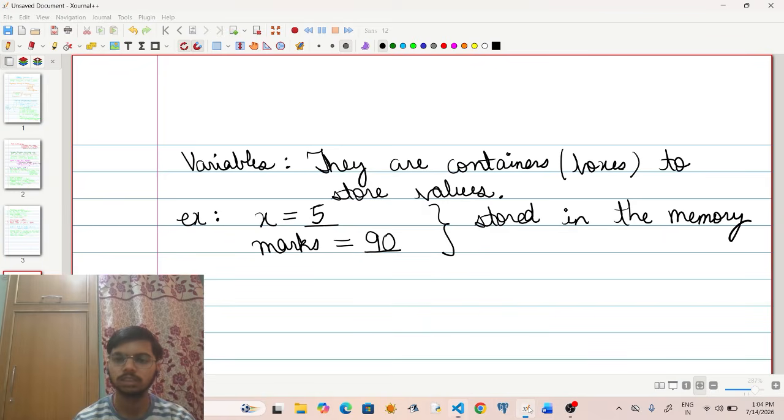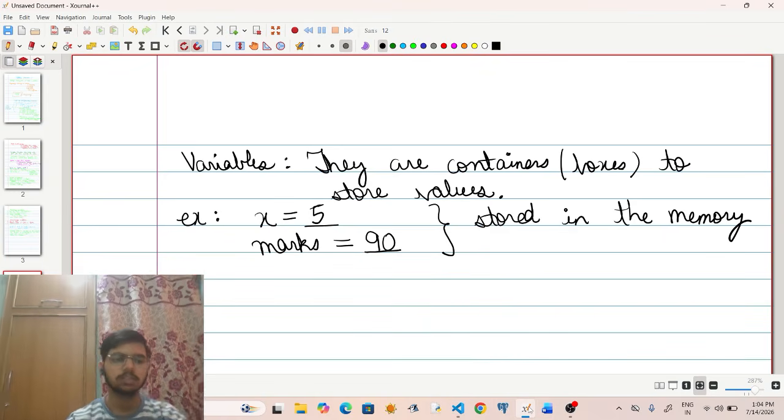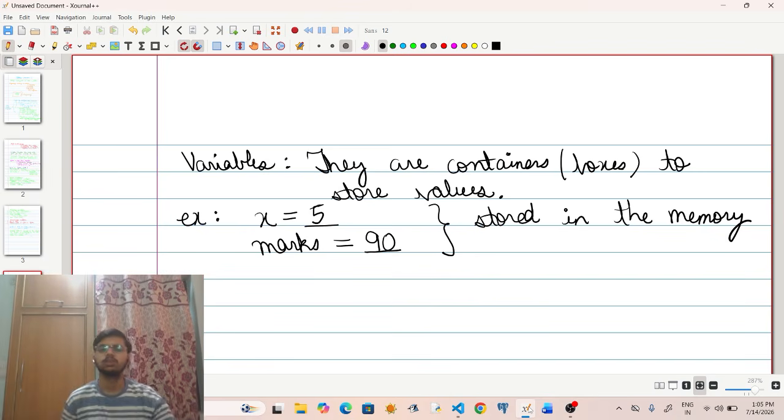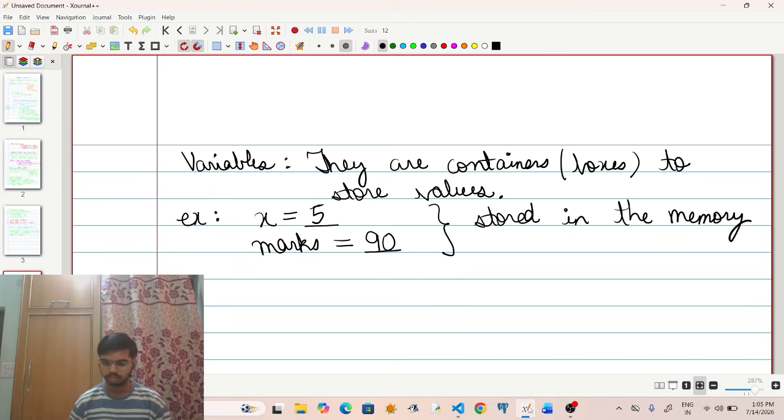Now there are some rules to write the names of these variables, and you cannot write anything in these. Let me explain this. There are some rules which are followed when writing the name of these variables.